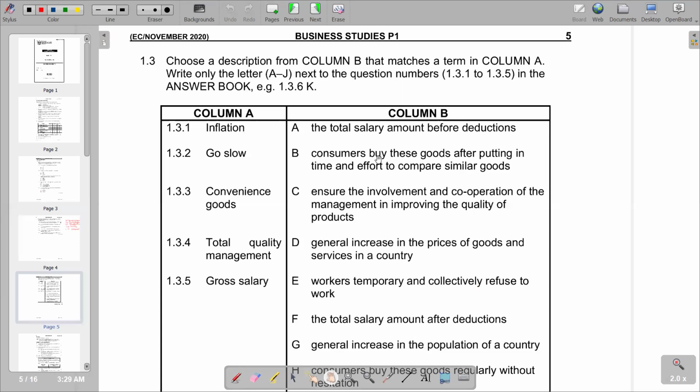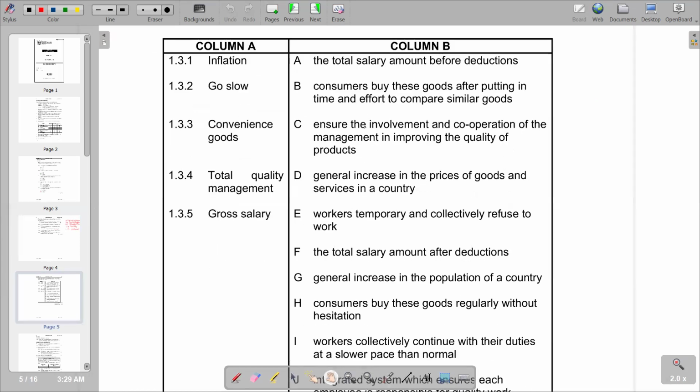But inflation, we know that this is the general rise, the general increase in the price levels in the economy. We call it inflation. And we know that inflation is a macroeconomic factor. Macroeconomic meaning that it's calculated from the whole economy point of view. So this is what we have, and then we try to see according to the explanations that we are given there, which one matches